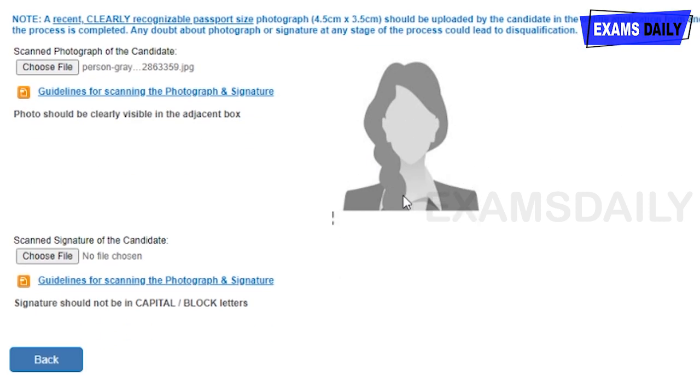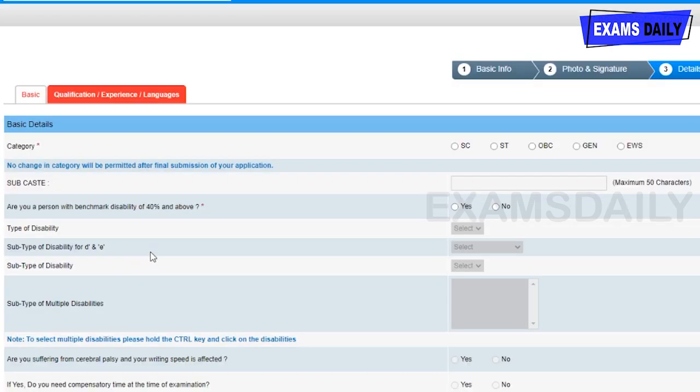Yes, I'm adding a dummy photograph for your reference, because I'm just showing you how to apply for this. I'm inserting a dummy photograph and also uploading a dummy signature. Yes, I have successfully uploaded my photograph and signature. Then check that your photograph and signature are correct or not, and then click next. Just by clicking this, it redirects to the next page. Yes, and here you are going to fill two columns.